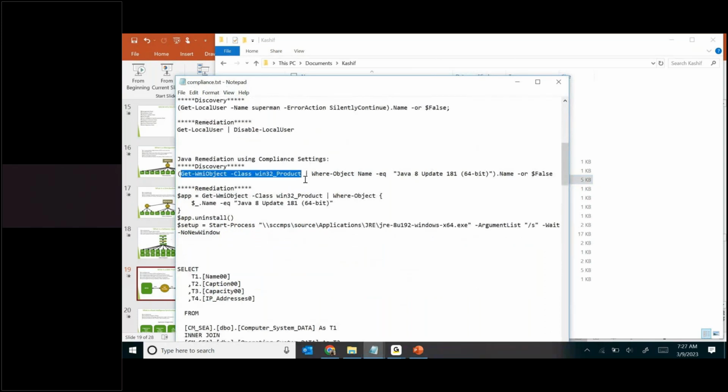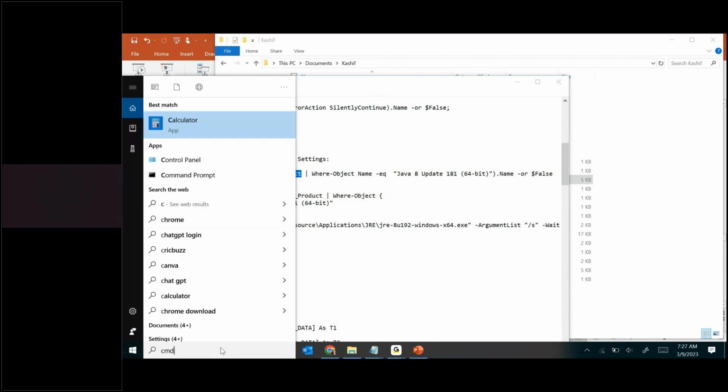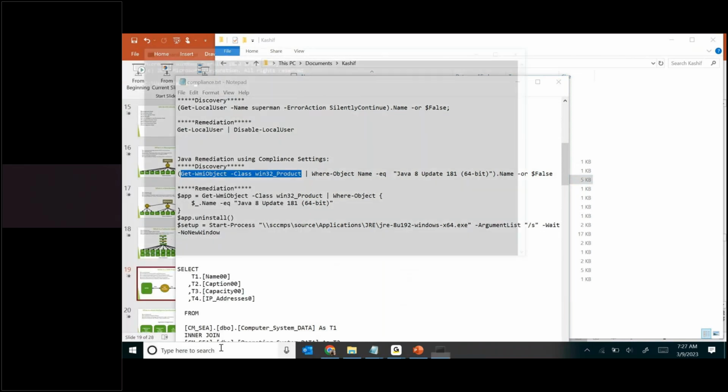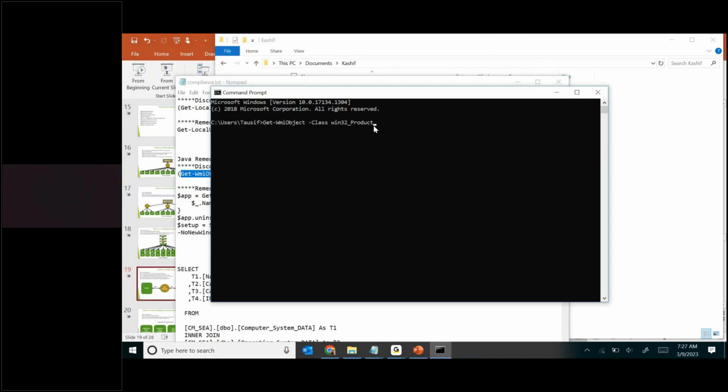So suppose you go to the CMD command prompt, and in command prompt you type in Get-WmiObject -Class. Class means what? I would like to know about Win32_Product. Whatever applications are installed in this computer, give me the list of those products. So if I hit enter,